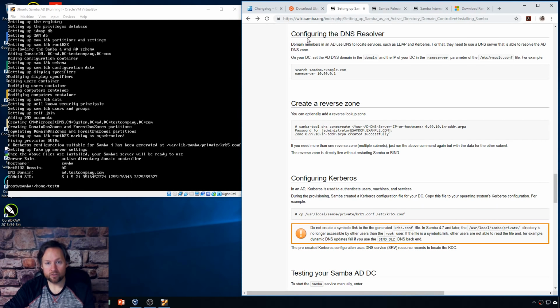Configuring the DNS resolver. Domain members in AD use DNS to locate services. For that, they use a DNS server that's able to resolve. On your domain controller, set the AD DNS domain and the IP of your DC in the nameserver parameter of /etc/resolv.conf. For example, that and that. All right, so here we go. This will not take long. This will be easy. We nano the /etc/resolv.conf file,